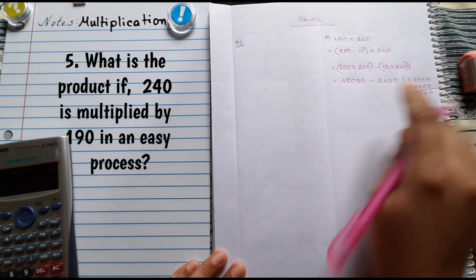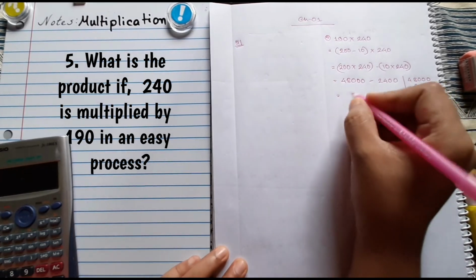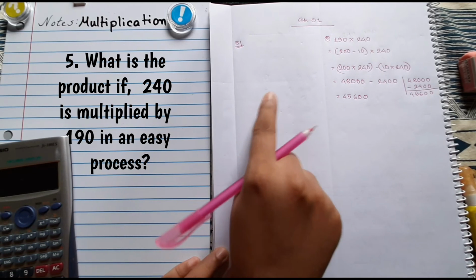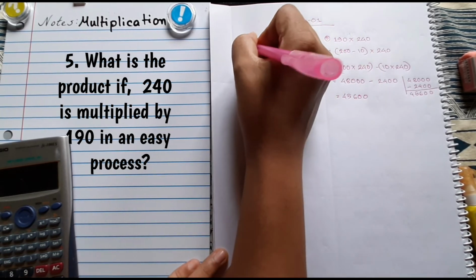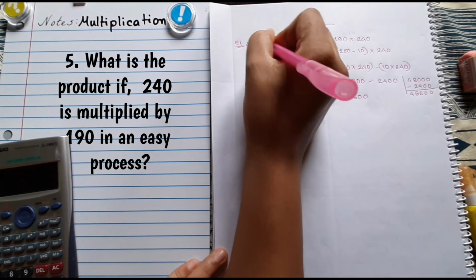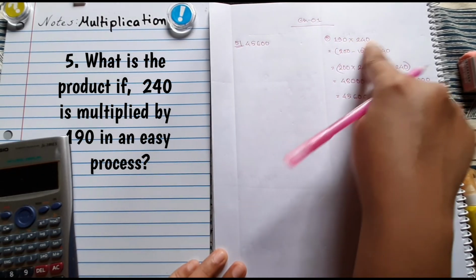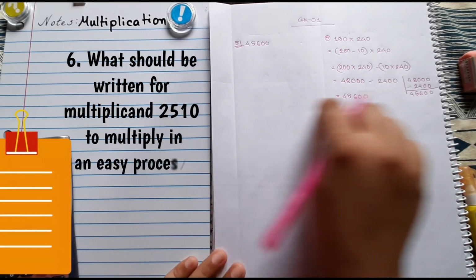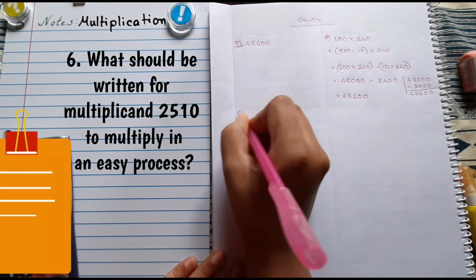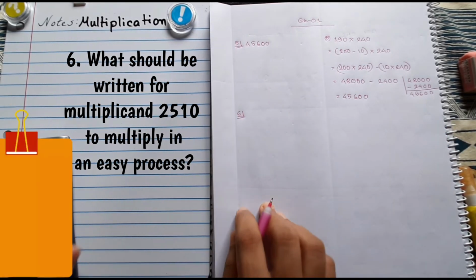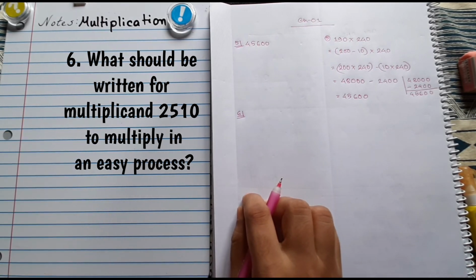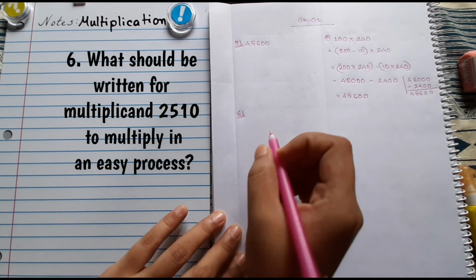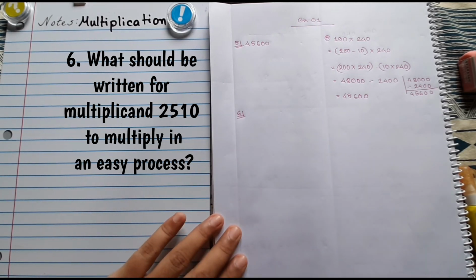So you can see that I have done the subtraction, and this is the answer. So what are you going to write down? Just the answer, as they ask you to find out the product. This is our product, an easy process product. Okay, and now the 6th number will be over here. Another thing I want to tell you is about the 6th number question, pretty silly. You can see over here.